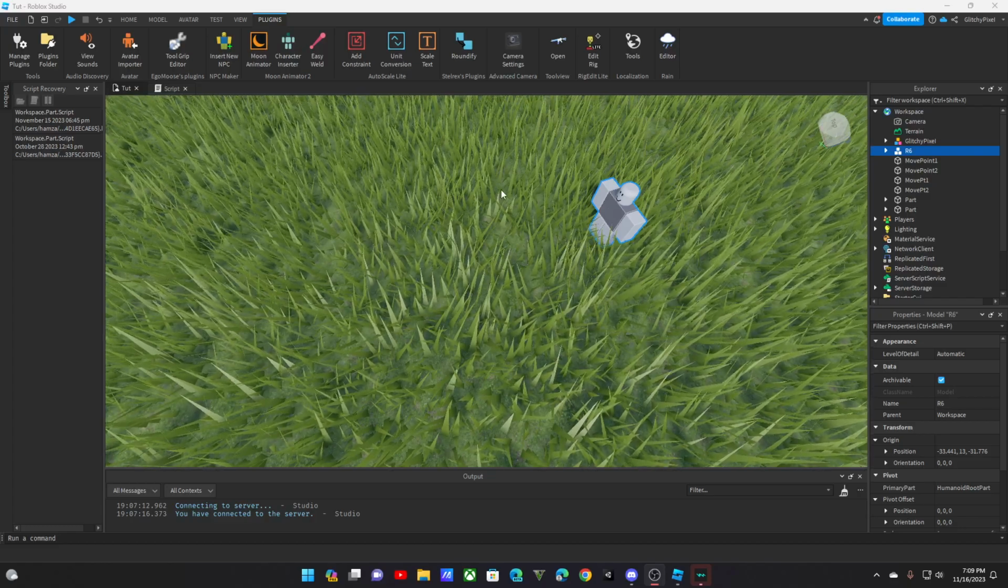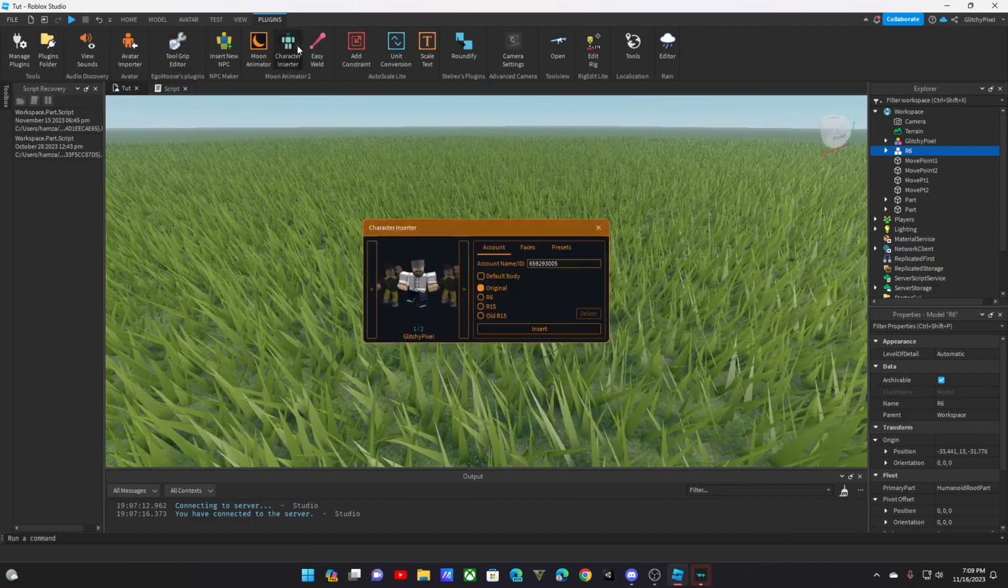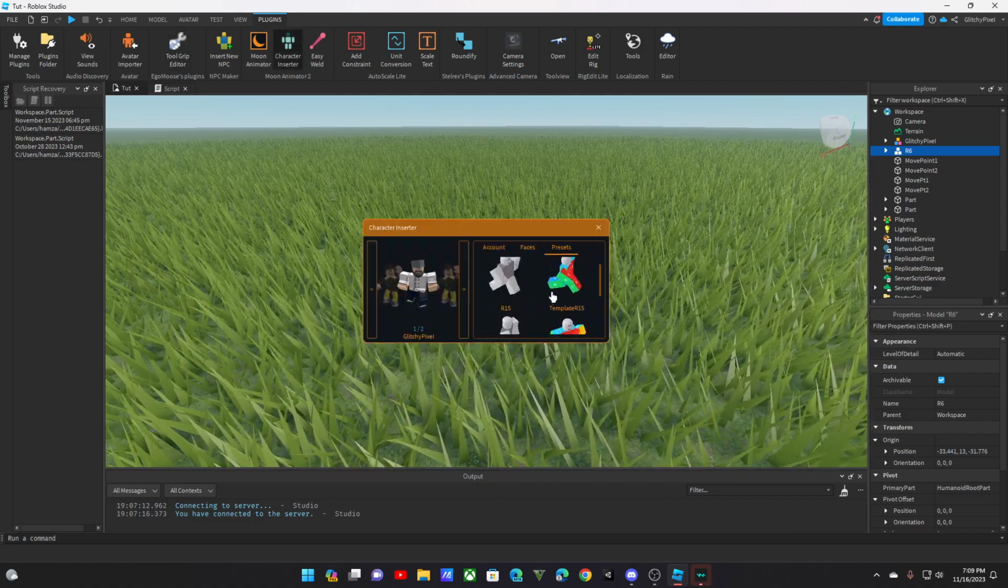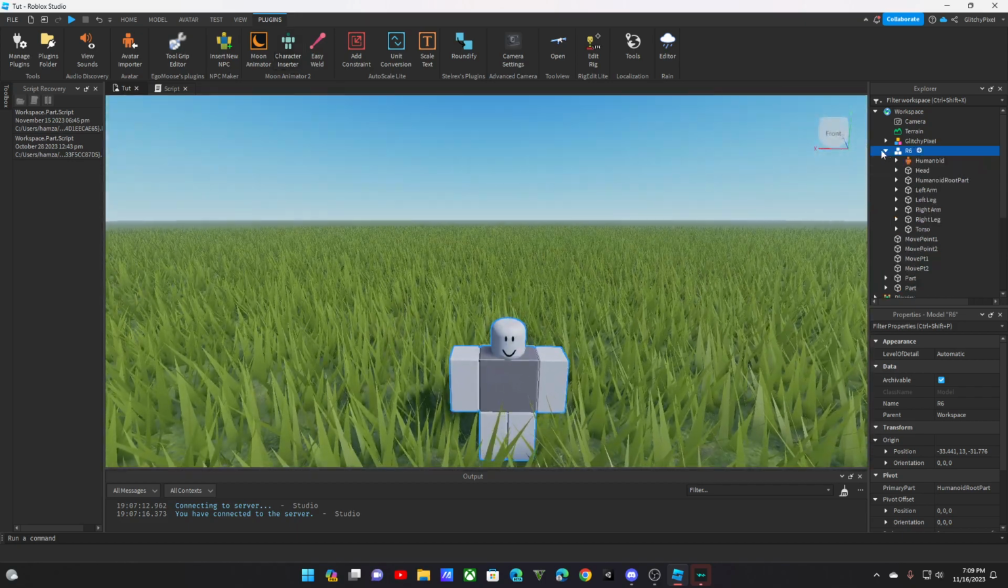Hello guys, today I'm going to be showing you how to make a starter character in Roblox Studio. First, I used a little character inserter. I click on presets and I got this. So now I'm going to use this, and any